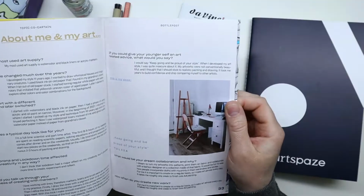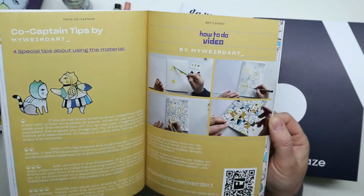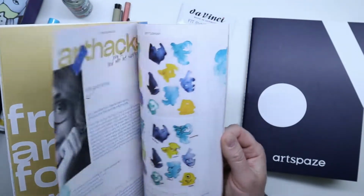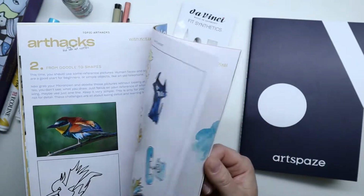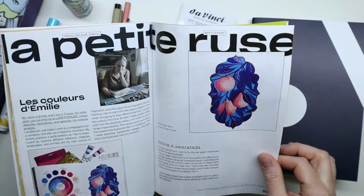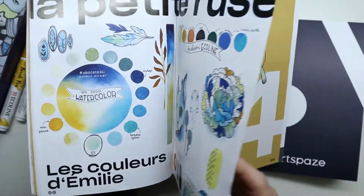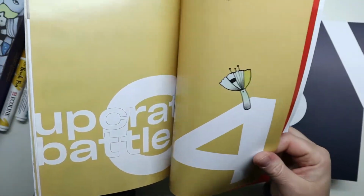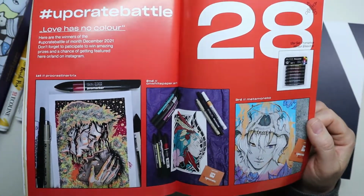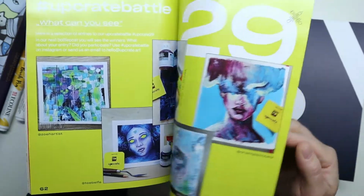That's interesting. A bit about the co-captain. The co-captain's tips. These are the winners of the Upcrate battle from box number 28, number 29,